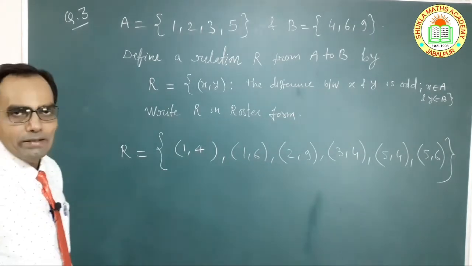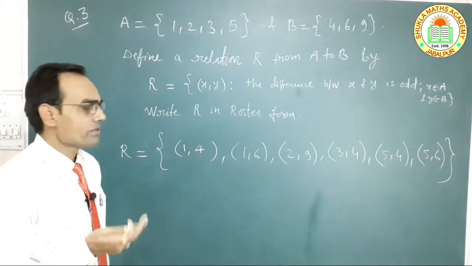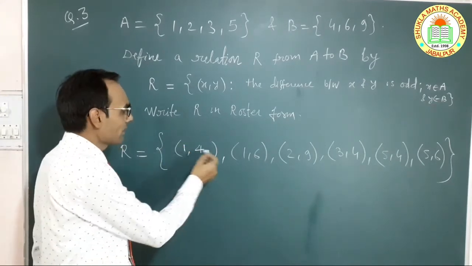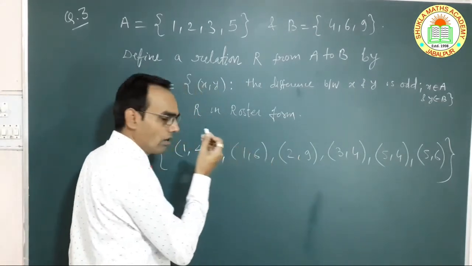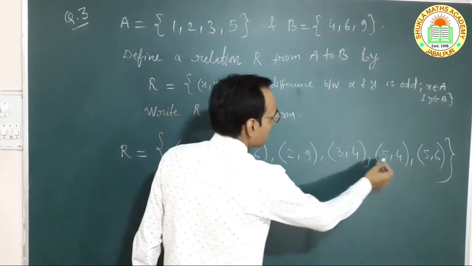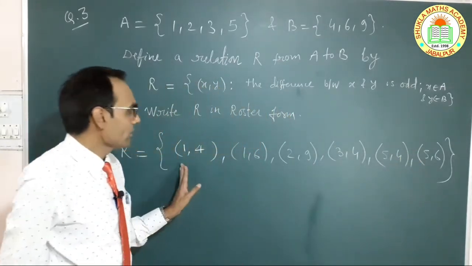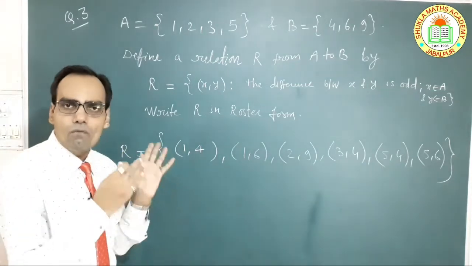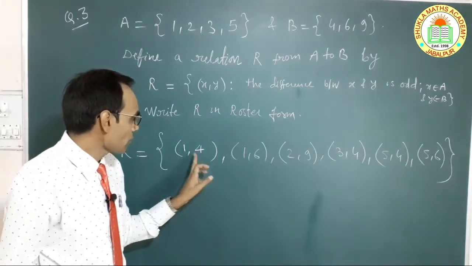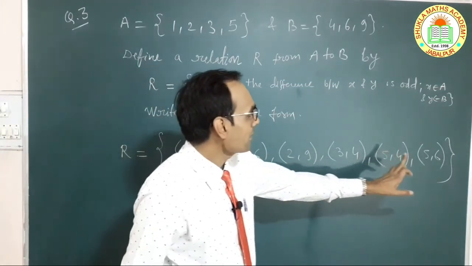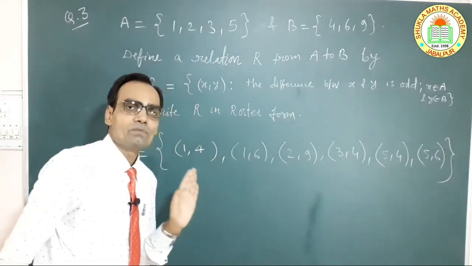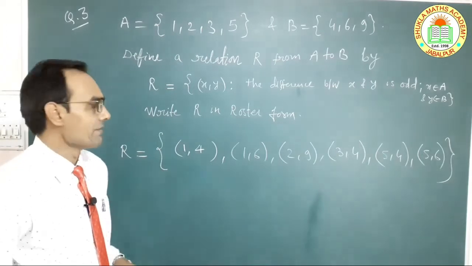And we have to find also domain and range of this relation. So domain is the first value of each pair, that is 1, 1 means take 1 time only. So 2, 3, 5. So {1, 2, 3, 5} is the domain, and range is the value of y of the ordered pair. So {4, 6, 9}. Don't take the repeated value in the sets domain and range.